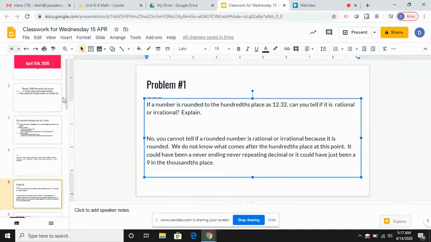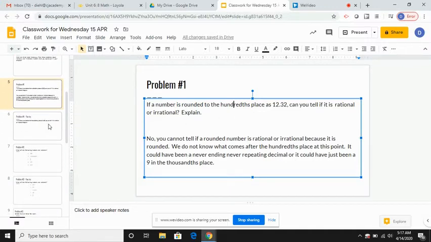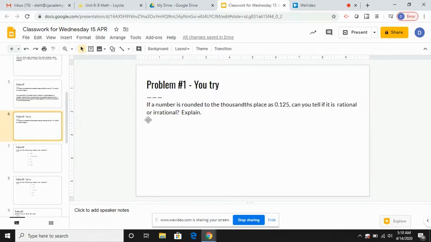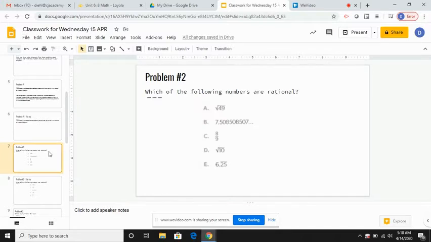So with that, see if you can try this one. If a number is rounded to the thousandths place, like 0.125, can you tell if it is rational, irrational? And answer that question now. About this, of the following numbers, which ones are rational? Well,